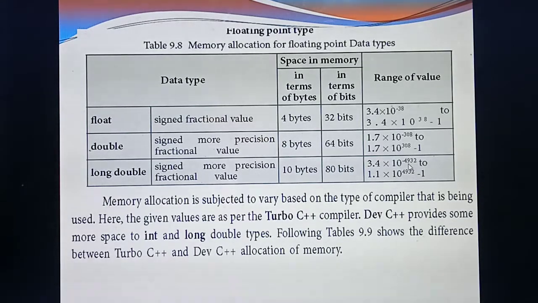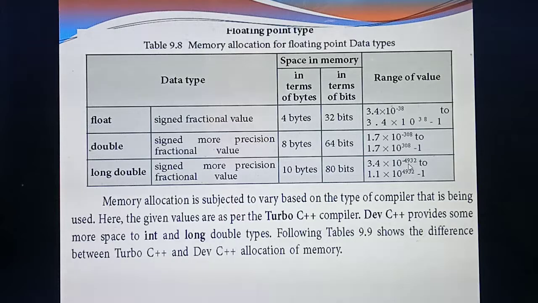Okay. So you have studied the memory location of the 4 fundamental data types. Then each data type's modifiers also you have studied. Okay. So this memory allocation will vary from each software. Each compiler will have separate memory allocations. For example, you are studying a C++ program. In C++ also a lot of compilers are there. Turbo C++ is there. Dev C++ is there. So some differentiation will be there between two compilers.